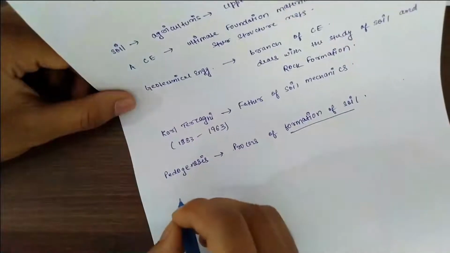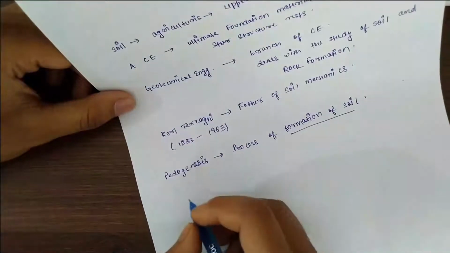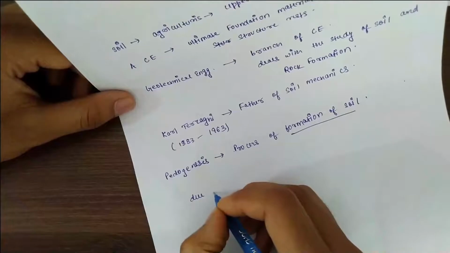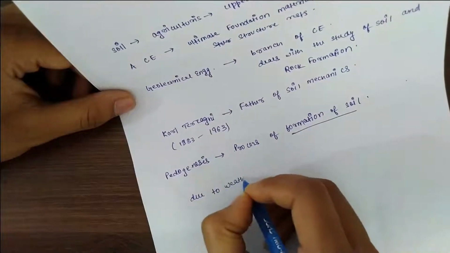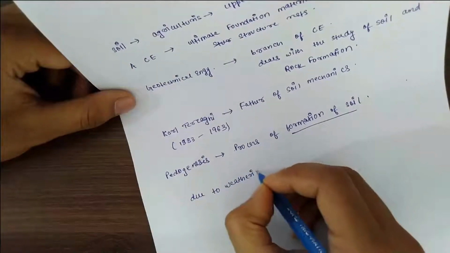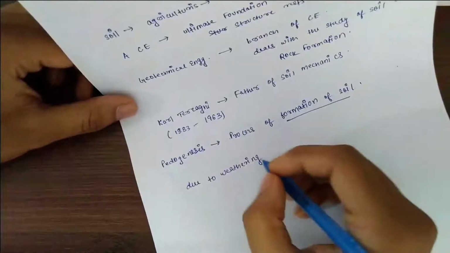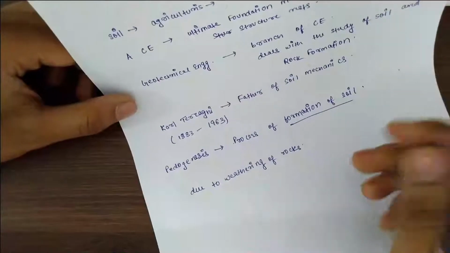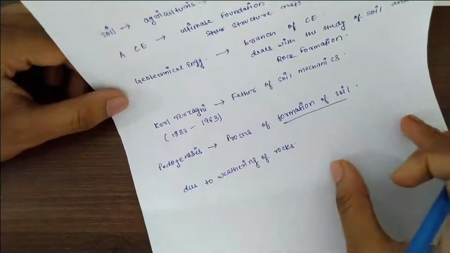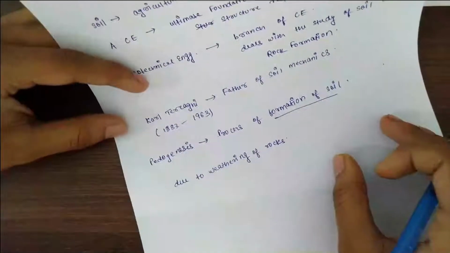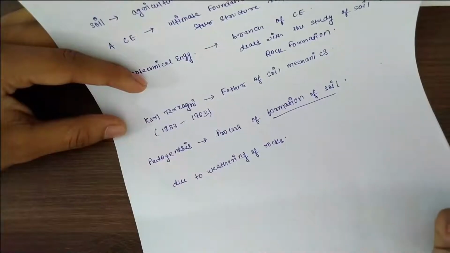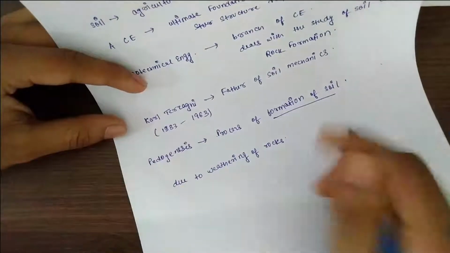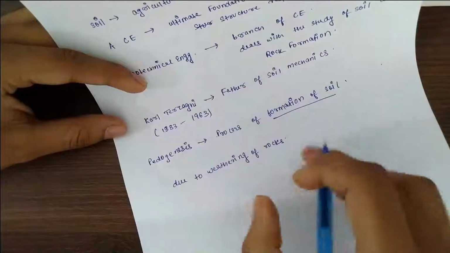Soil can be formed in various ways, like due to weathering of rocks. What is weathering? When rocks break down into smaller particles due to wind, water, etc., that phenomenon is known as weathering,